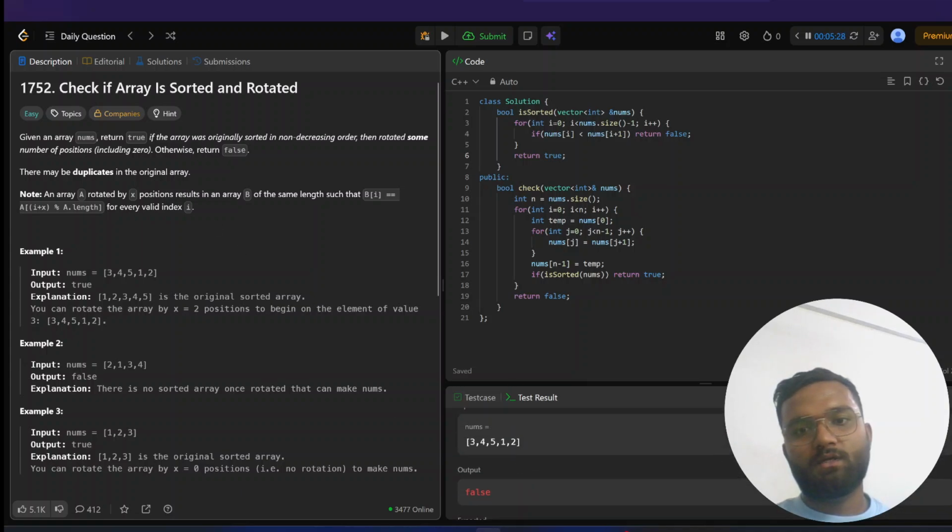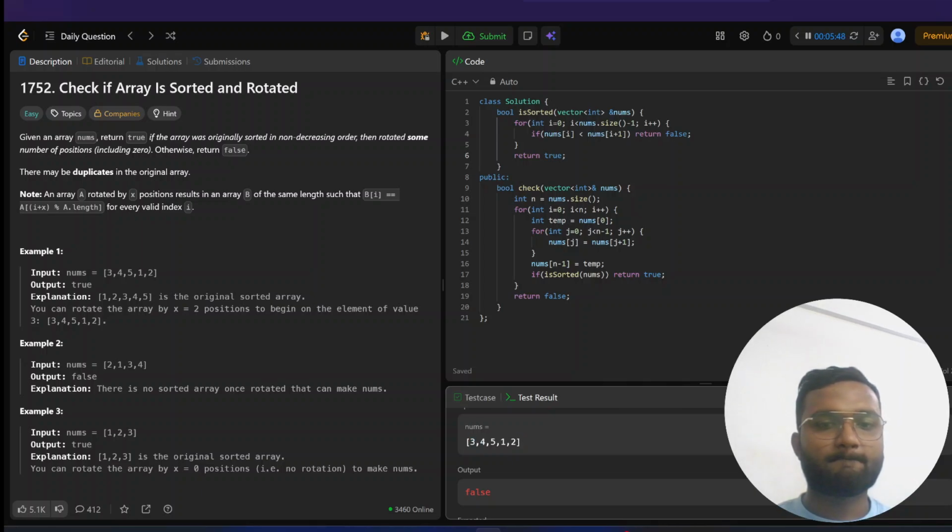As we are rotating the array, first I store this, then I do a left shift. In 0 I am storing 4, then in 1 and 2, then at nums of n minus 1, at this position I am storing the temp, that is 3. When I check for isSorted,